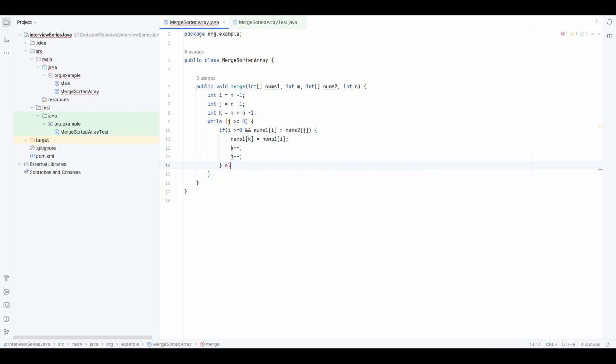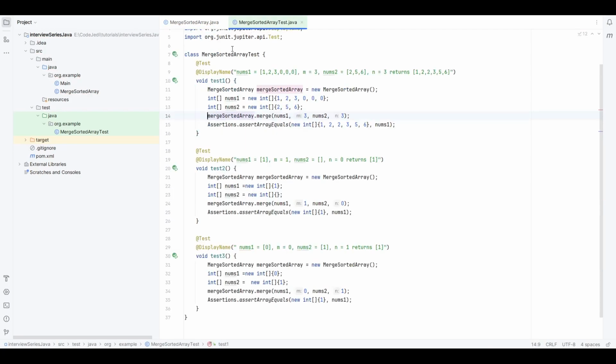If this condition is not satisfied, what I will do is paste here, so I'll have nums of k equal to nums2 of j. If my j element is greater than i, then of course I will insert j into that. So, because I'm inserting j,